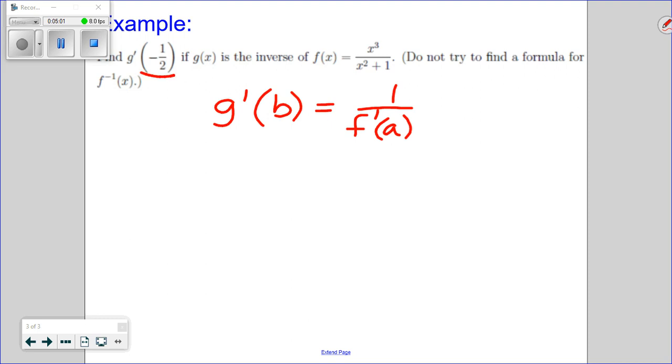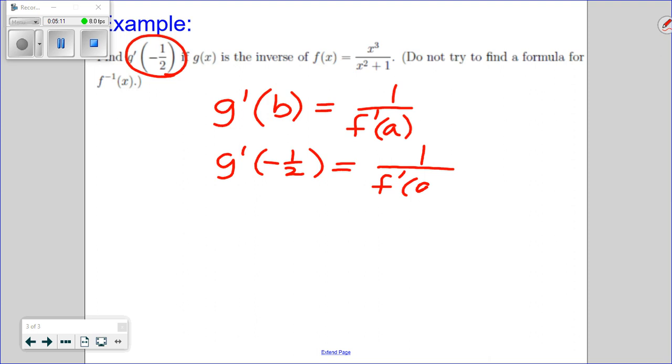So we're trying to find g prime of negative 1/2. We know that's going to equal 1 over f prime of a. Now, we know what f is, right? So we can easily find the derivative of f. That would just require a quotient rule. But we've got to figure out what a is equal to. Now remember,